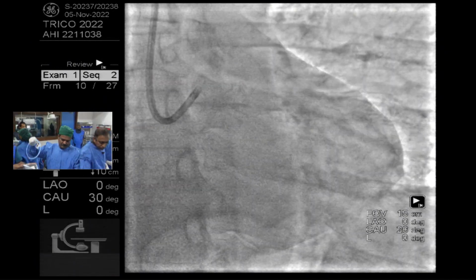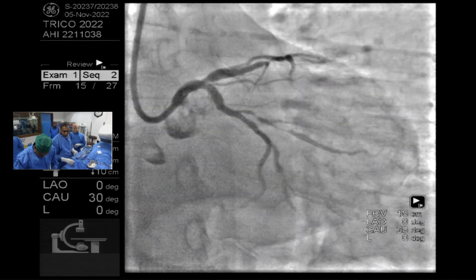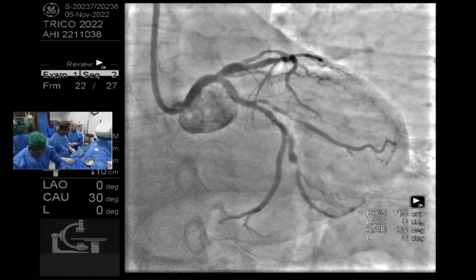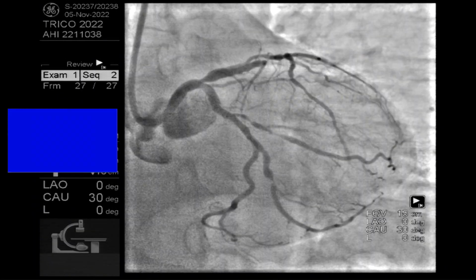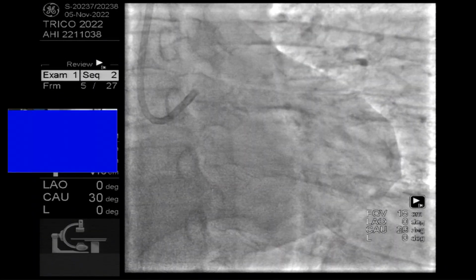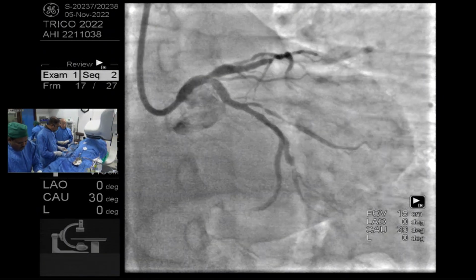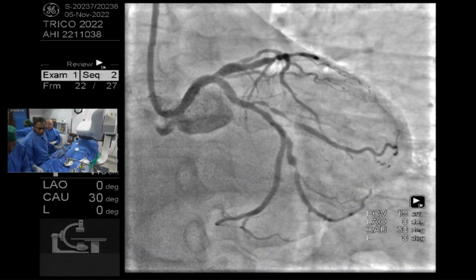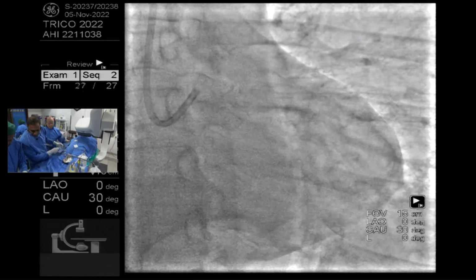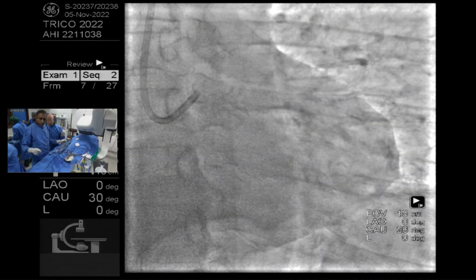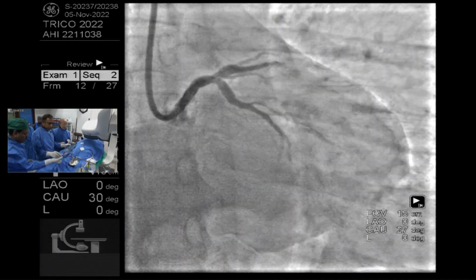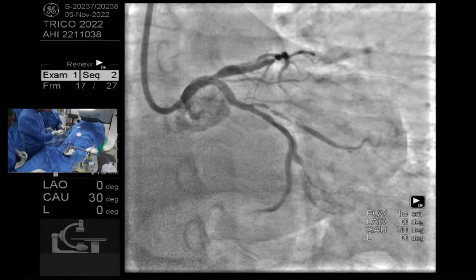Dr. Saito, just as you're setting up, there's a 7 French radial. We want to know what your strategy is in this case. First, I took a 7 French guiding catheter, EBU. Initially, my plan was to do this case with a 6 French guiding catheter system, but